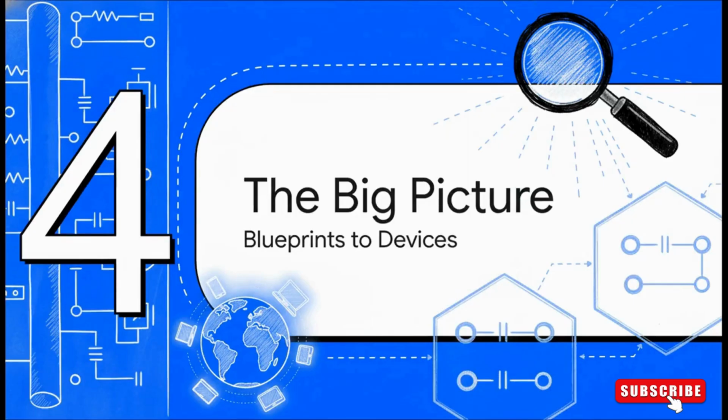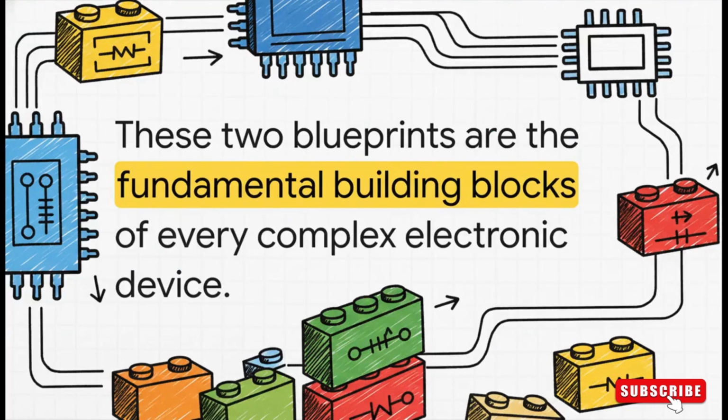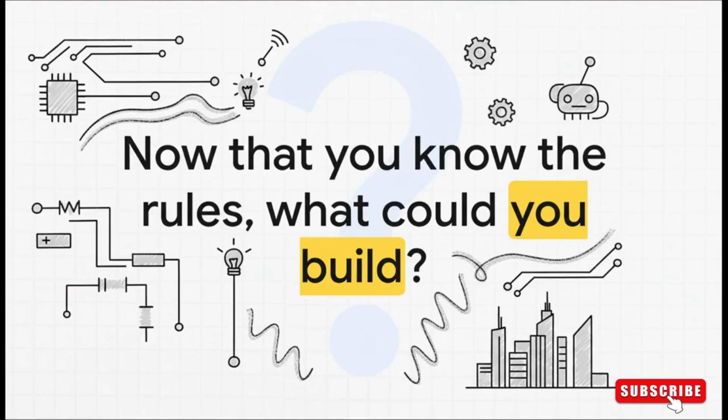So, why does any of this matter? Okay, let's zoom out a bit and connect these simple ideas back to the really complex tech all around us. Because here's the thing. Every single circuit board, in your phone, in a satellite, anywhere, is just a massive, intricate mix of these 2 basic patterns. Engineers use series and parallel connections like they're Lego bricks, snapping them together to build anything from a simple doorbell to a supercomputer. So the next time you pick up any gadget, you'll know that deep down inside, it's all just following these two simple, elegant sets of rules. These blueprints are the foundation. So now that you know the rules,